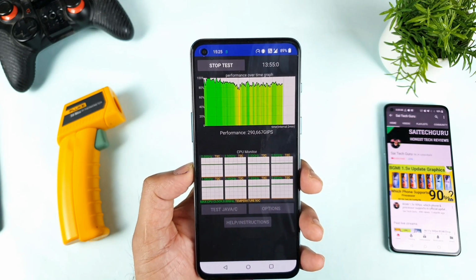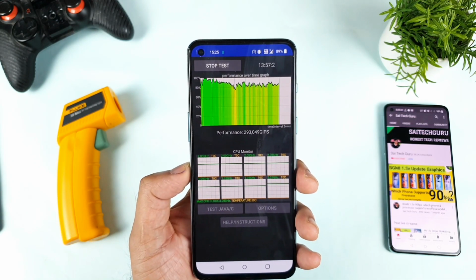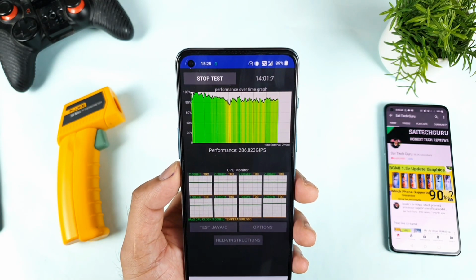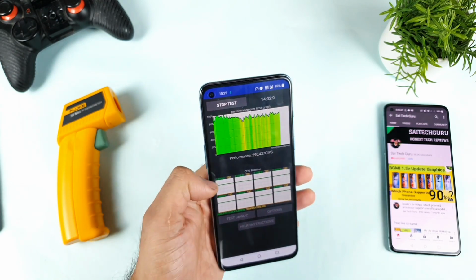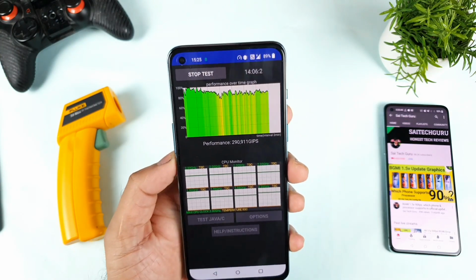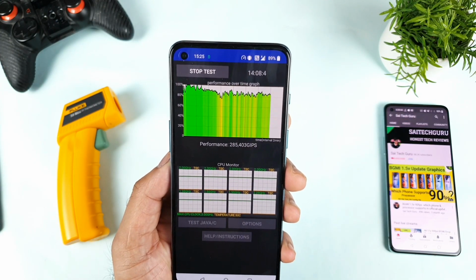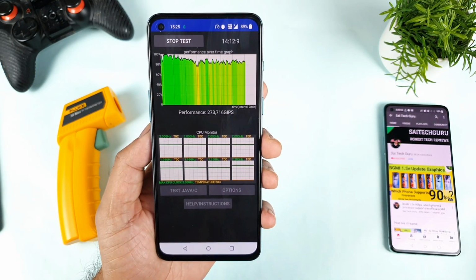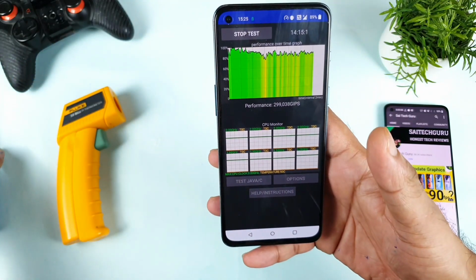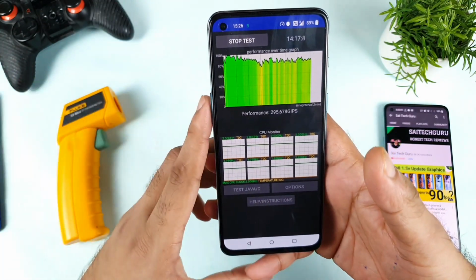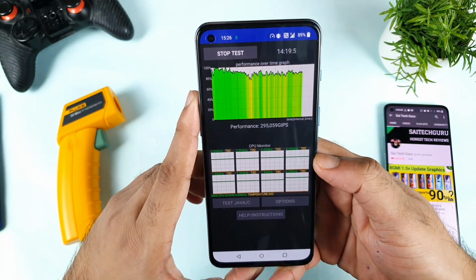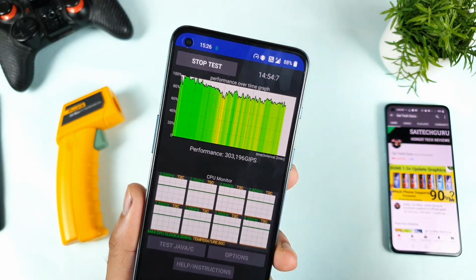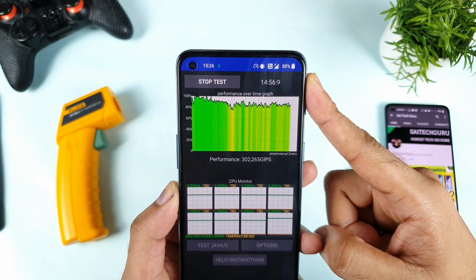So right now it's close to 14 minutes. So only 1 more minute left. So we'll be able to see the graph, how it is. I think till now the graph looks kind of okay, I would say. I cannot see any red color indication at this moment. I cannot see any red, as you can see clearly. So let's see friends what happens with the final result. And only a few seconds left, I think 40 seconds. Right now we're getting to the end of the CPU throttling test, as you can see friends, exactly.